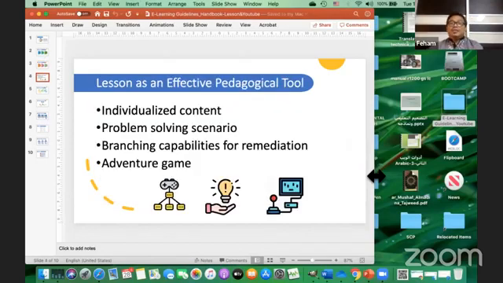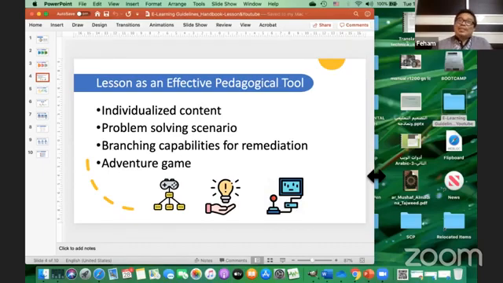Okay, so what is good about the lesson? How can it be used? A lesson can be as simple as possible. This is what I'm going to share with you today.